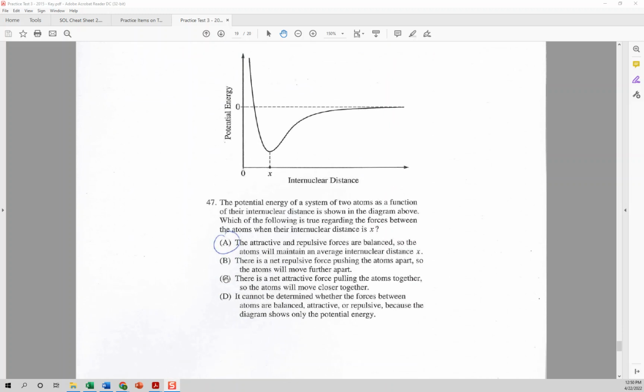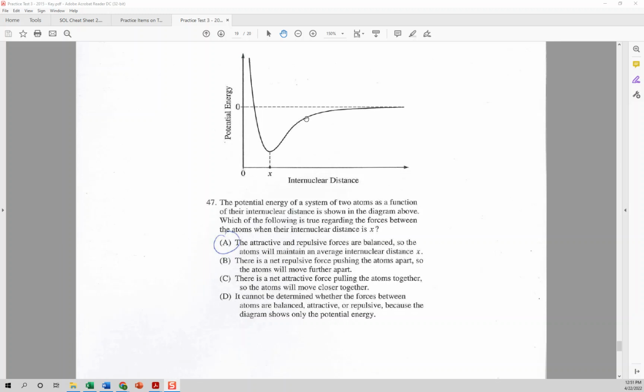All right, so 47, we have a potential energy diagram, but not a reaction coordinate diagram. This is bond energy. And so remember, right here, if we were given this would be negative potential energy, and that would be the amount of energy released when the bond is formed. And over here, that's the internuclear distance, so that's the bond length. And what we're trying to show you is if we have two atoms that are forming a bond, when the nuclei are really far apart, there's no interaction at all. But as the two atoms get closer and closer and their nuclei get closer and closer, you're stabilizing,